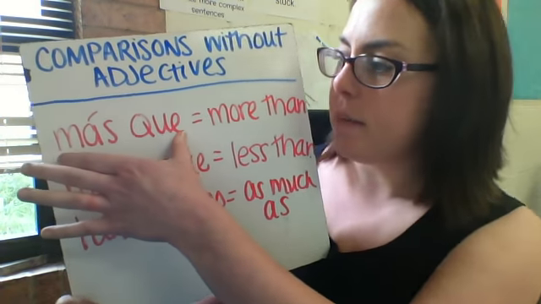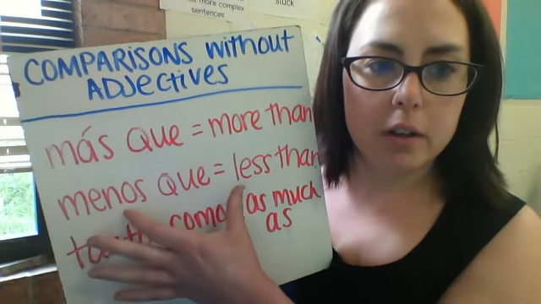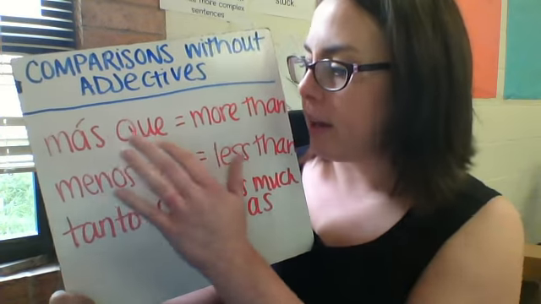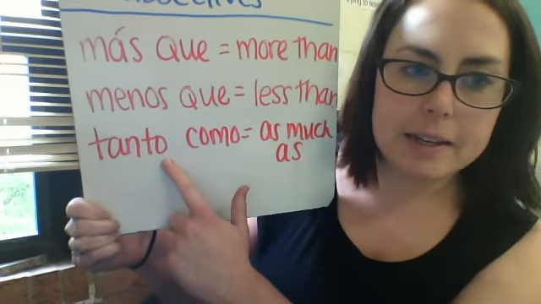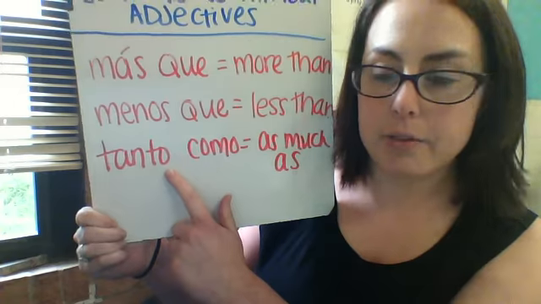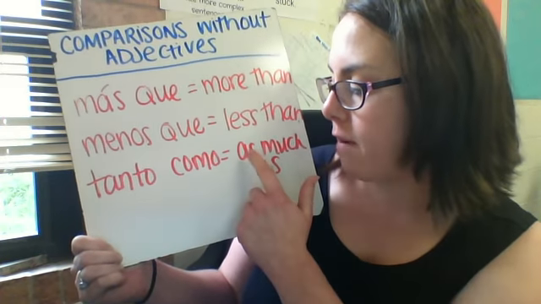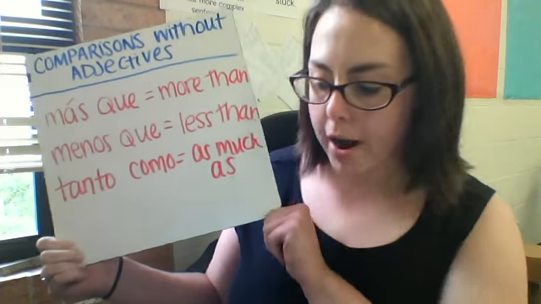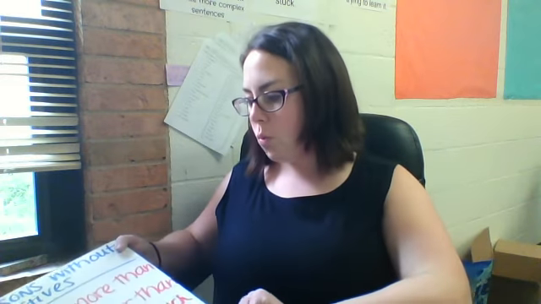Okay, this time though, the words are going to be together. We're not going to separate them with anything in between. And also notice that it's tanto and not tan for the comparison of equality for as much as. All right, so starting with más que,